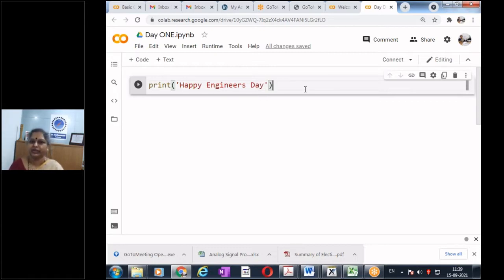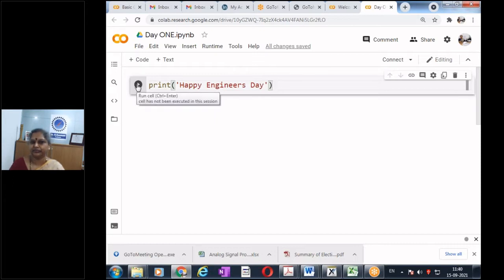Please do this. Print, and inside the round brackets, in single quotes, you put happy engineers day. Are you doing it? And then you click this run button that you see here on the left side.